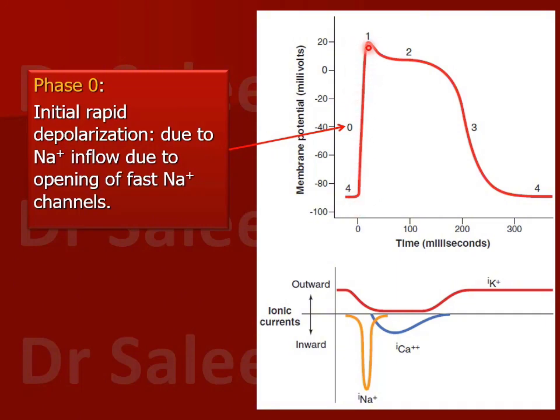Now at the end of phase zero, at the peak of this spike, these fast sodium channels are closed. At this point they are closed, and the permeability to sodium ions is decreased a lot. You see, this is the increase in the inward current. Inward current of the sodium ions increases during phase zero, but at the end of phase zero